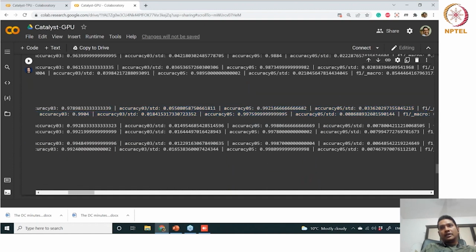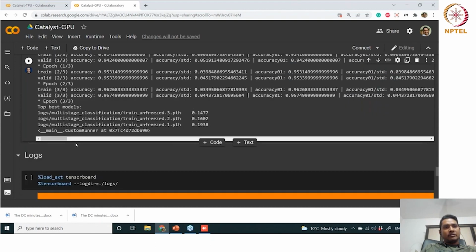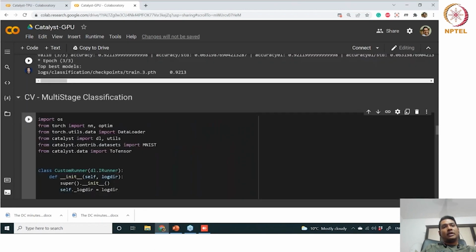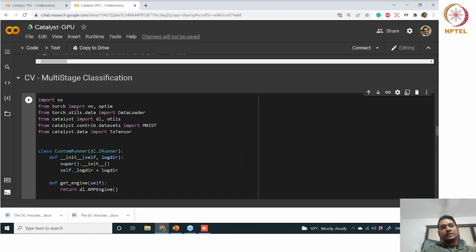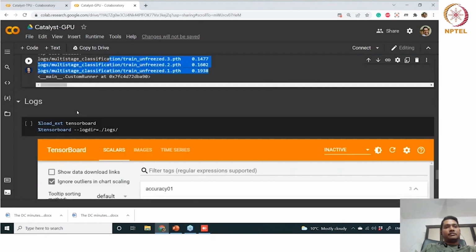They are also logged depending on the path that we have defined, and the first three best performant models are also saved in this path. So that is the ease you get using this framework to define a complex pipeline of multi-stage classification or even multi-stage training of your networks, right?